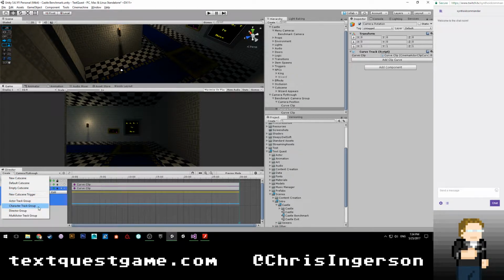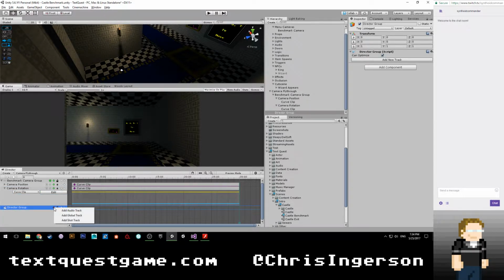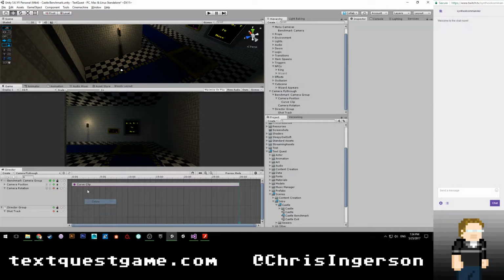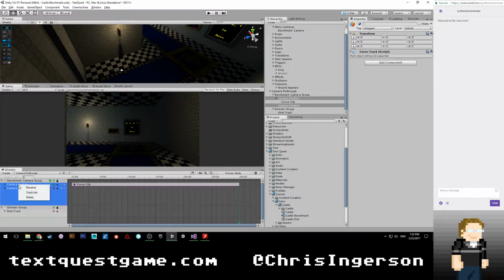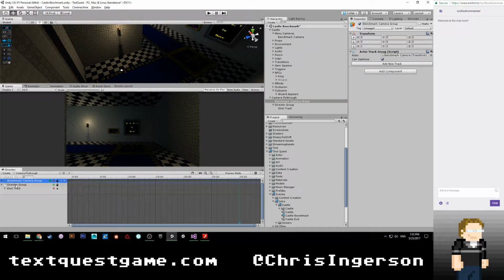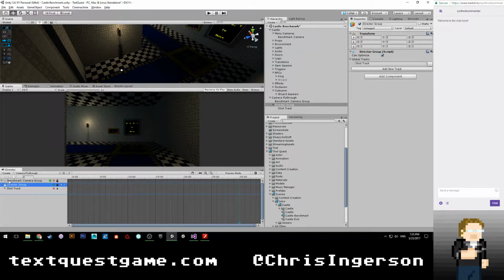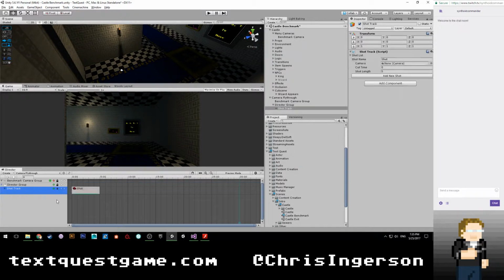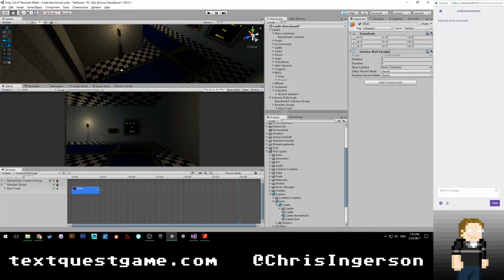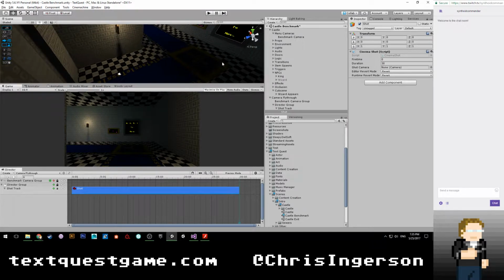Actor track group, character track group. Maybe it's a director group. Shot track, there it is. Okay. Phew, that's much easier. Let's go ahead and delete both of these things. Delete. Can I move this up? Nope, I cannot. Oh well, that's fine. So here's our shot. It's going to go for 30 seconds. Oh, that is much better. Fire time, shot camera,